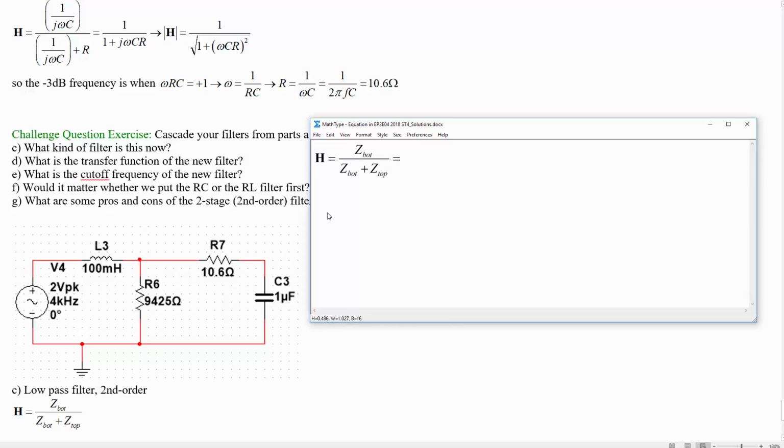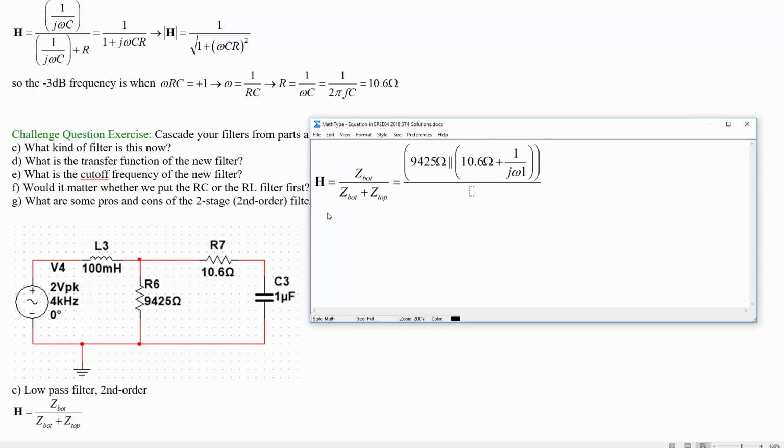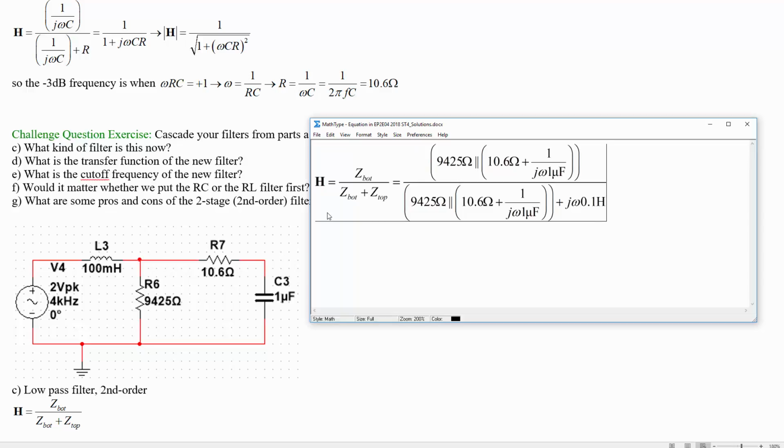which for Z bot, we're going to have 9425 ohm in parallel with 10.6 ohm in series with 1 over j omega times 1 microfarad. That's our Z bot. And for Z top, we're going to have j omega times 0.1 henries. Okay, so this parallel impedance is equal to 1 over